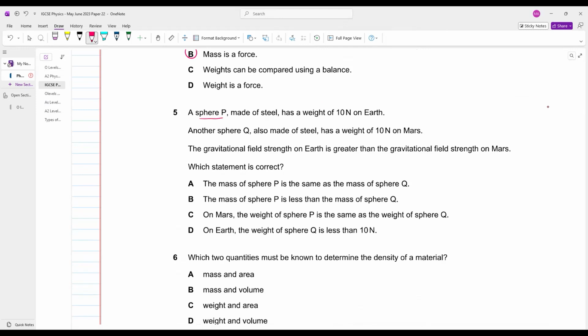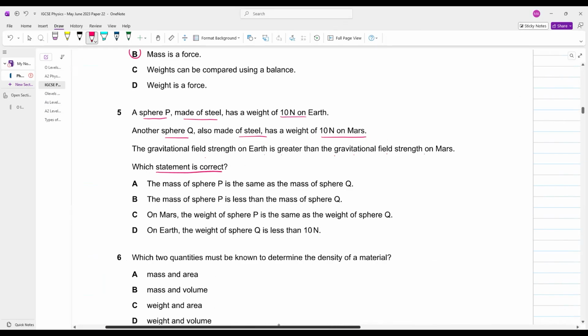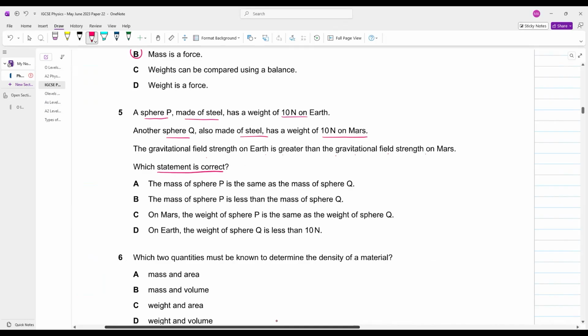A sphere P made of steel has a weight of 10 Newton on Earth. Another sphere Q made of steel has a weight of 10 Newton on Mars. The gravitational field strength on Earth is greater than the gravitational field strength on Mars. Which statement is correct? बेटा, first of all मैं आपको इसको थोड़ा सा theoretically समझाता हूँ, फिर मैं इसका mathematical